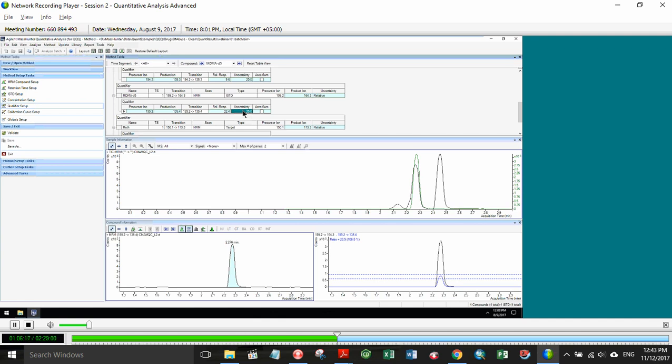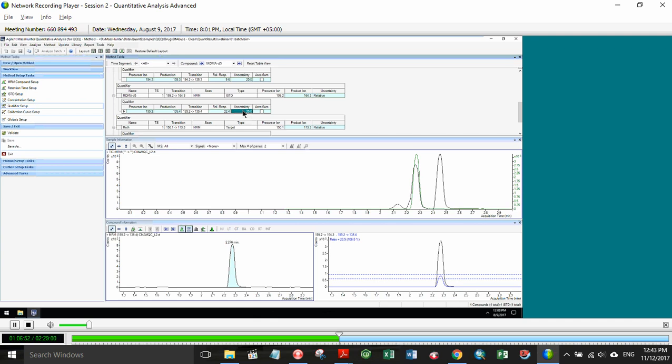In other cases, you can widen that uncertainty band and accept more. Remember, what Quant is doing is really targeted compound analysis. We have a retention time. First, confidence that I find my peak in the retention time. Second thing would be that I have my target ion there. Then my qualifiers have to be found and have to be within this specified 20% relative uncertainty as ratioed out to the